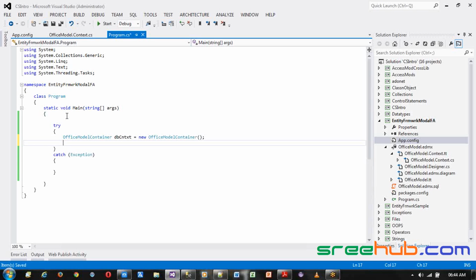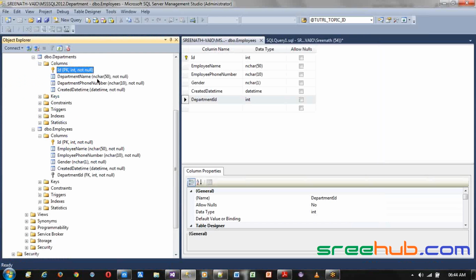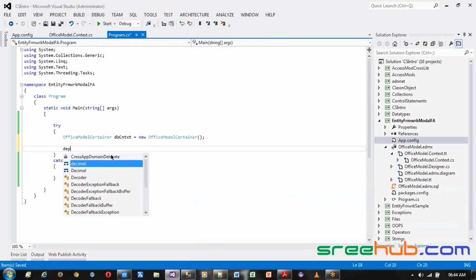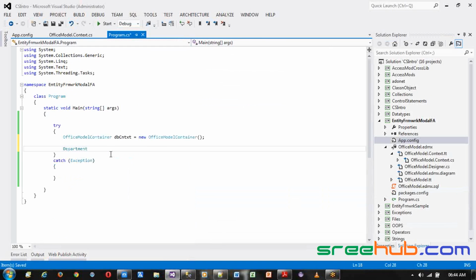So this is your DB context. Now we have to, let's say you want to insert some data in departments. So let's take a department object here, and let's mention